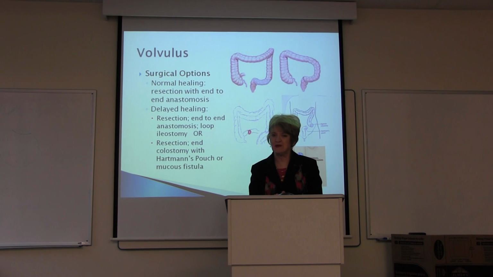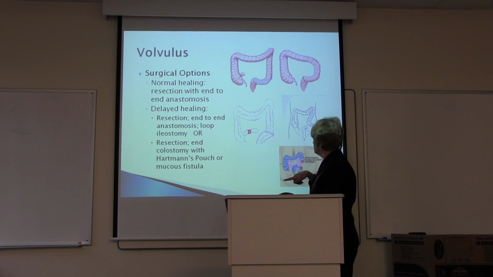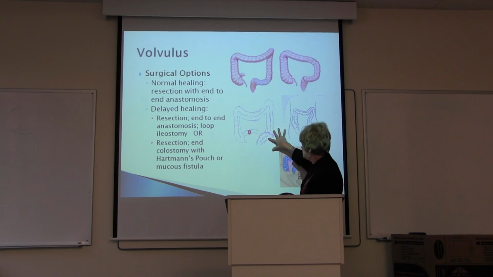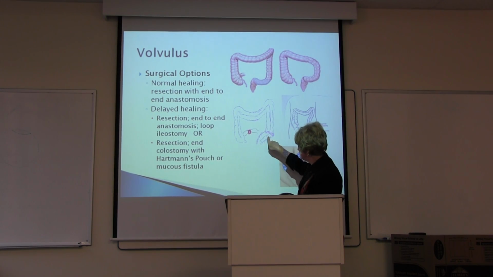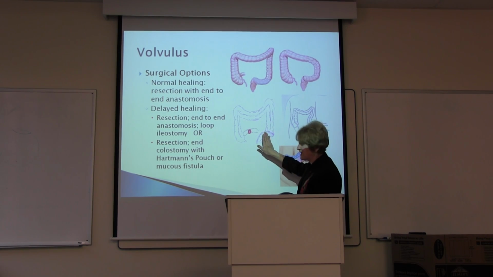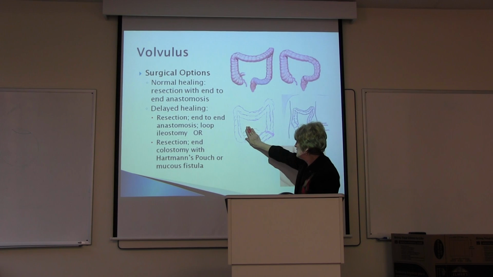But many times these patients do have other comorbidities. So many times you're dealing with the risk of delayed healing, and it's going right back to what we've already said, because you've got a hole in the bowel. So you're going to take out the damaged section, do your reconnection, but come up the line and do a loop ileostomy to protect. Give it plenty of time to heal, get the patient stable, get all comorbidities under control,